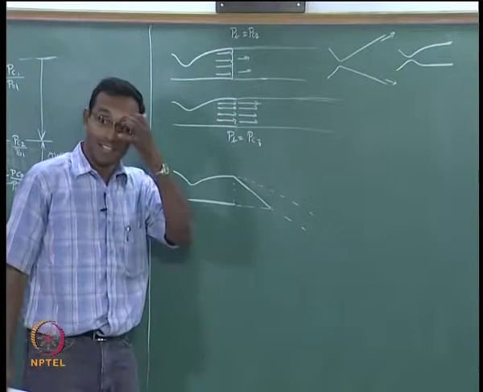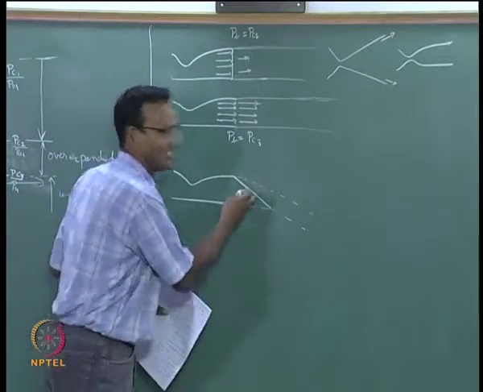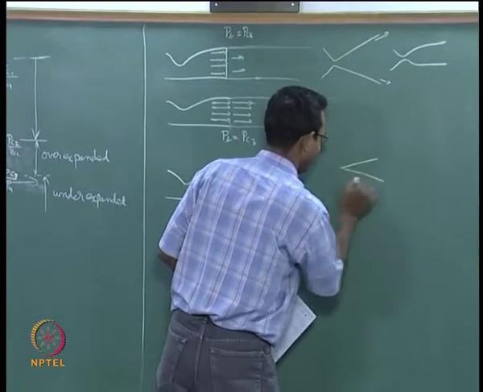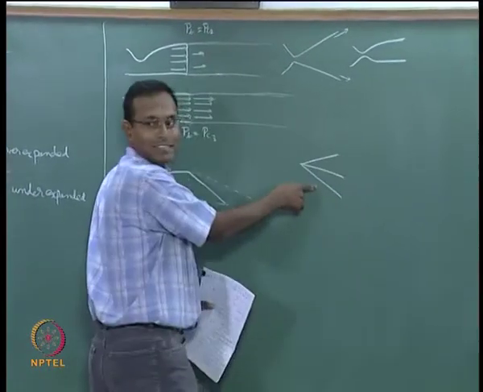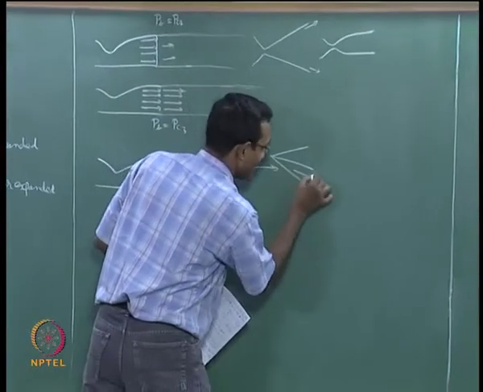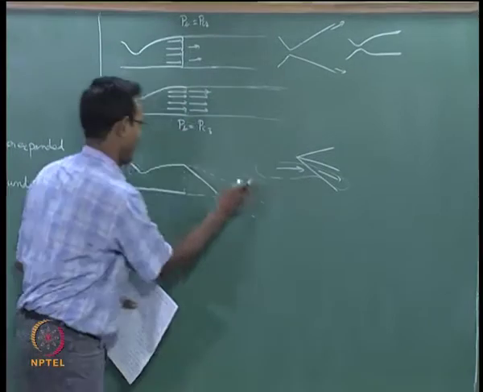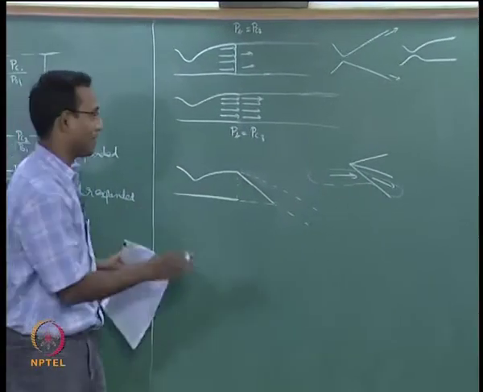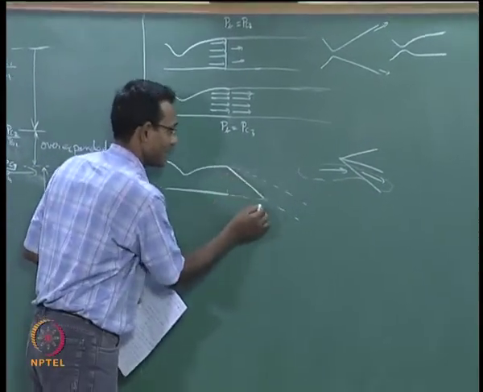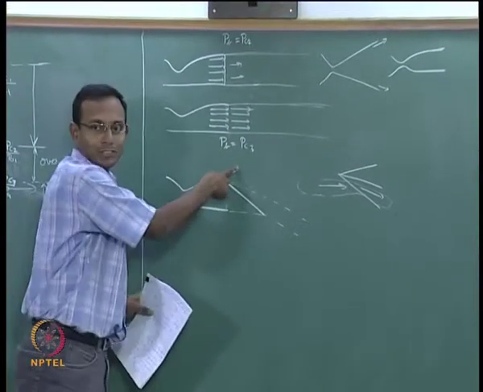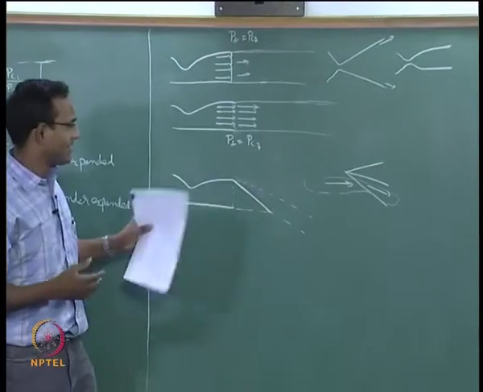If my shock is like this, how do I know this? Go back to the fundamental problem we had. If I have a wedge like this, my shock will be like this, flow goes like this and it turns this way. That is the same region. This region is what I am talking about here, that region. If I think about it that way, if I have an oblique shock like this, then the pressure here will be same as the pressure and the back pressure here. Is this the correct flow situation?